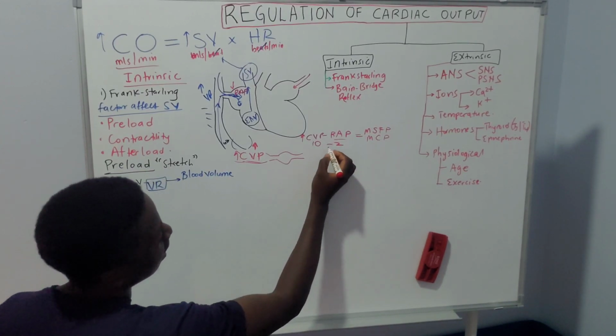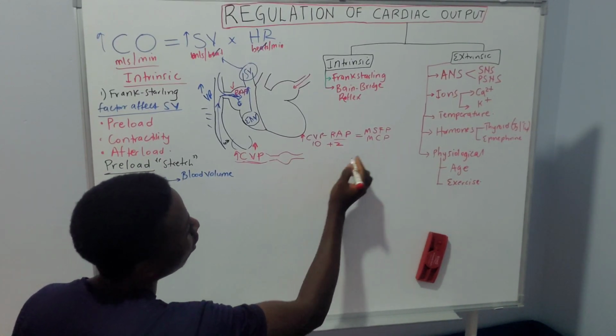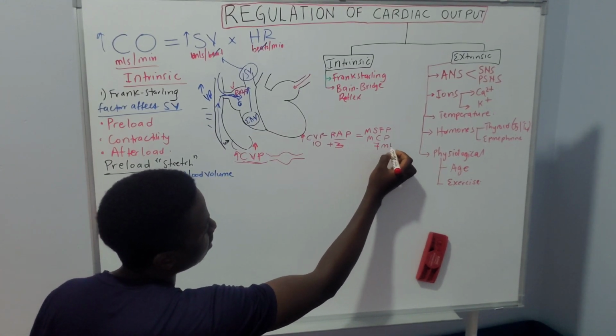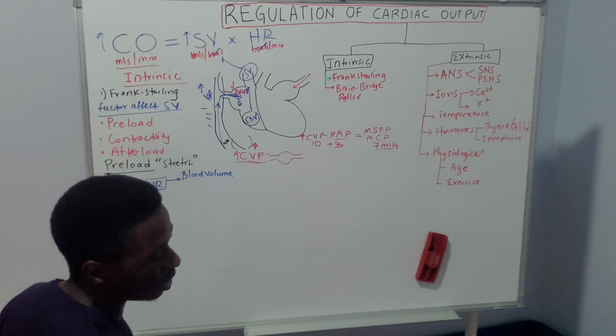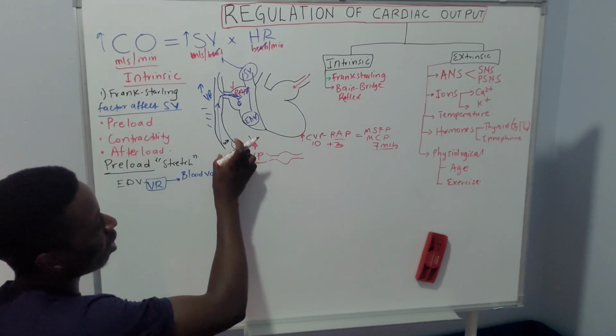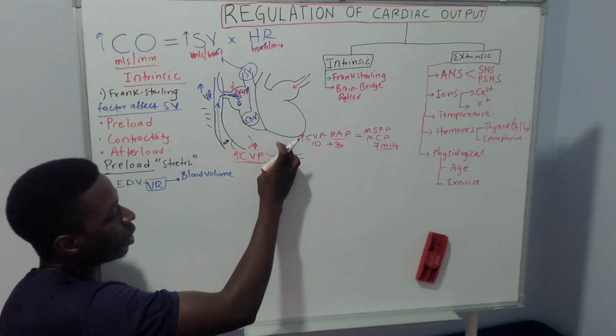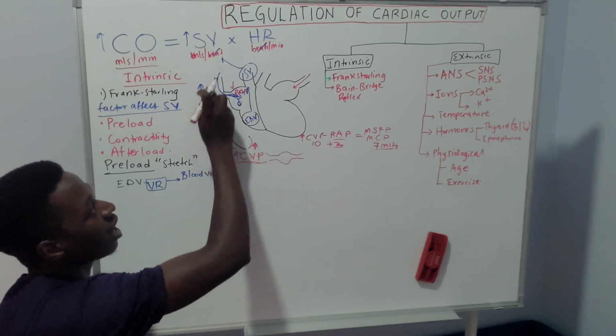So if you take, let's take plus 2, so the gradient is about, rather plus 3. This means the pressure is usually around 7 millimeters of mercury. So this is the pressure gradient required to push this blood from the pooling within the venous ends up to